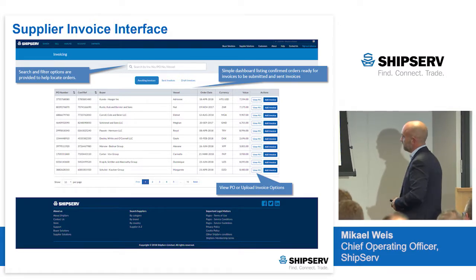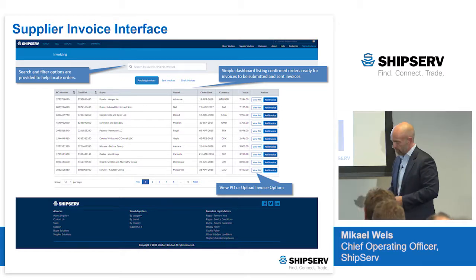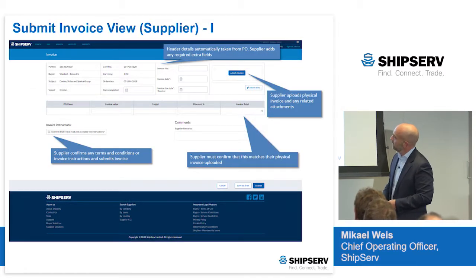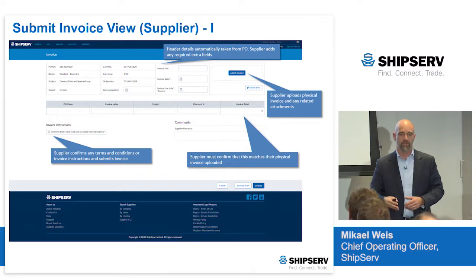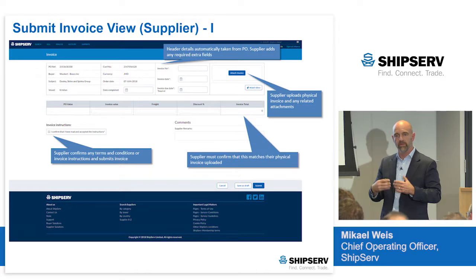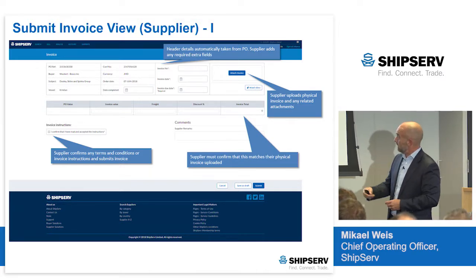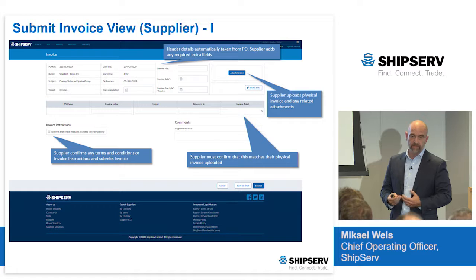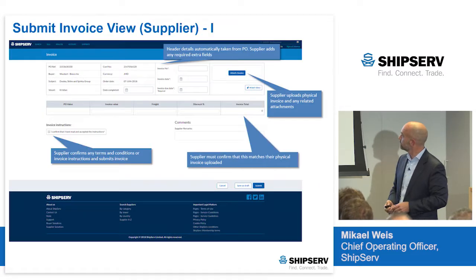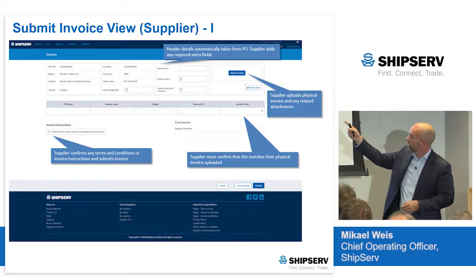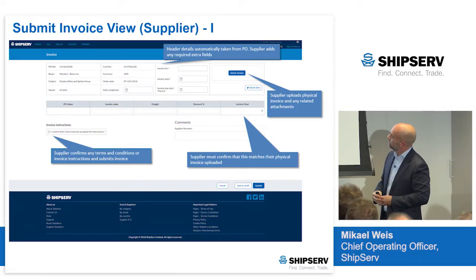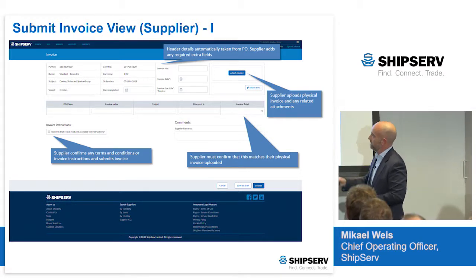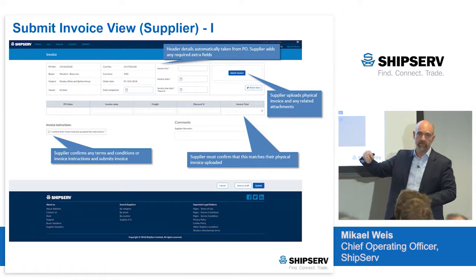So the supplier will then go into each of these POs and, as you can see, the information is already pre-populated, the PO number, the vessel, etc., all this basic information. The supplier will then enter the invoice number, the invoice date, a due date. They will attach an invoice and they will also enter the invoice value, if there's freight, if there's specific discount